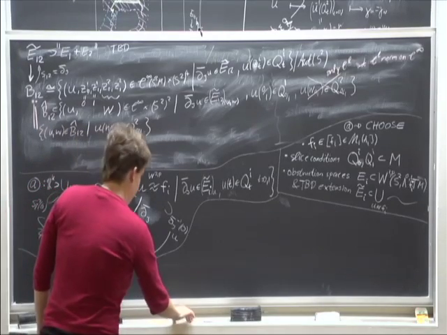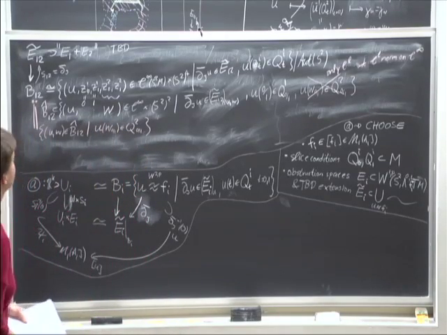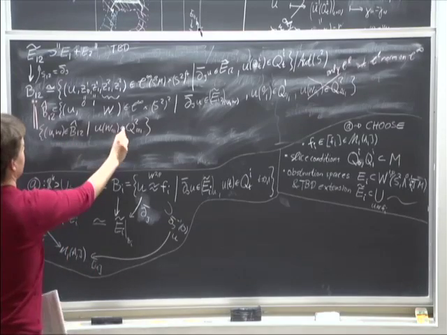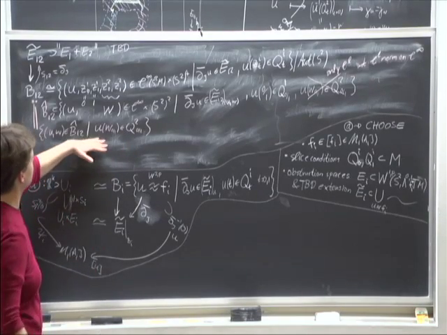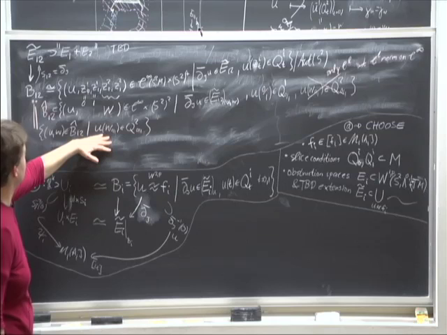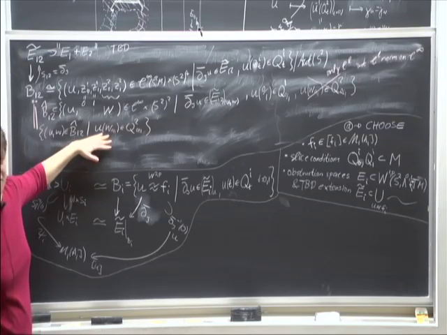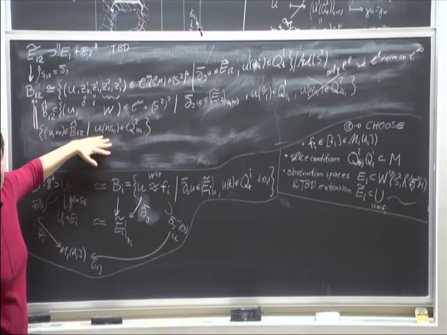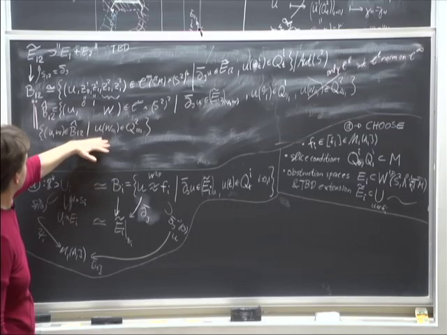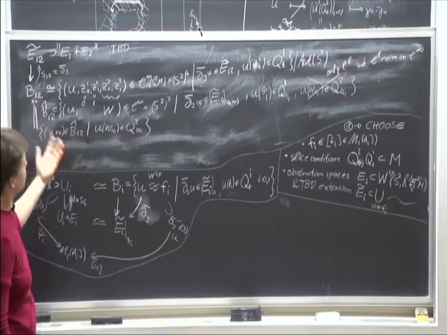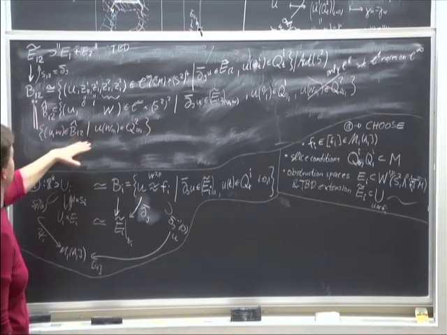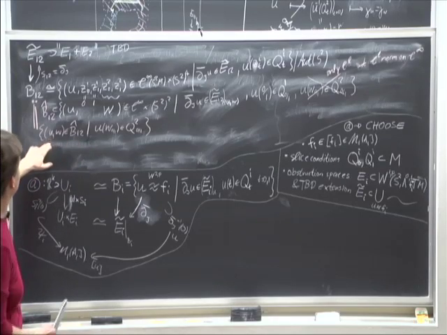So this is now going to be a smooth Fredholm operator. Well, it's Fredholm because it's on finite dimensional spaces, and it's smooth because I'm in a finite dimensional space, and hopefully I've made sure that all these here